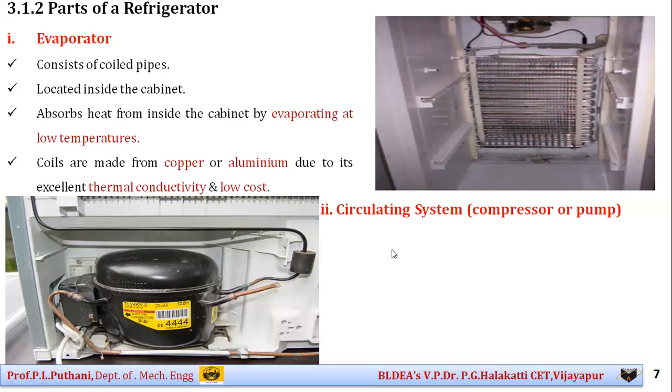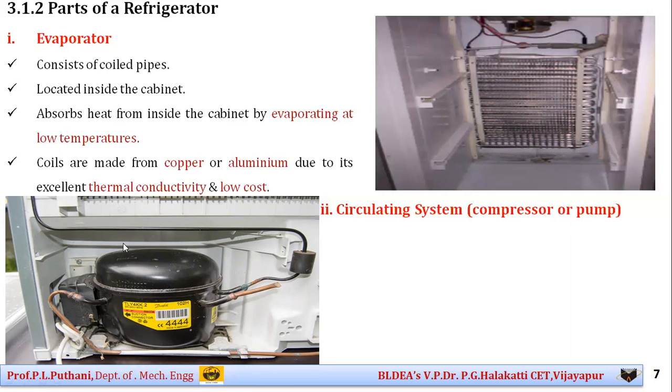Once the refrigerant is in the vapor phase, it cannot move very easily in the entire circuit, so we need an external device. The function of this compressor is that it is a piston cylinder arrangement device. Within this compressor, when the vapor passes, it is compressed to a high pressure at high temperature. As a result, the refrigerant then passes from the compressor through the next set of coils.